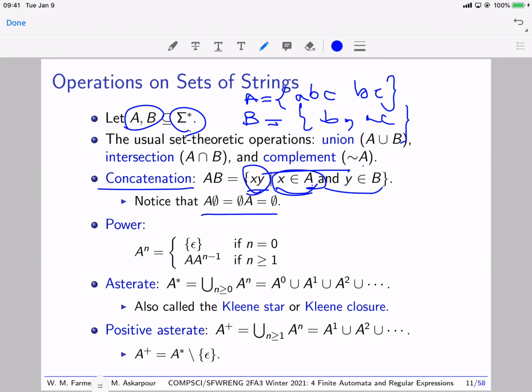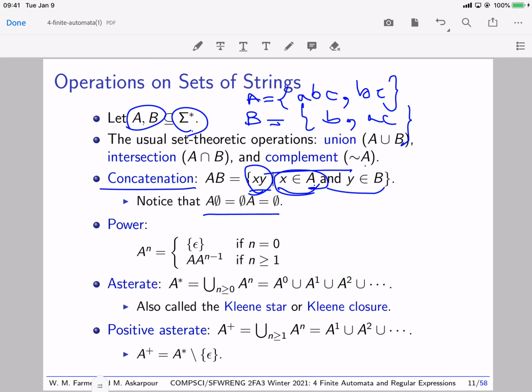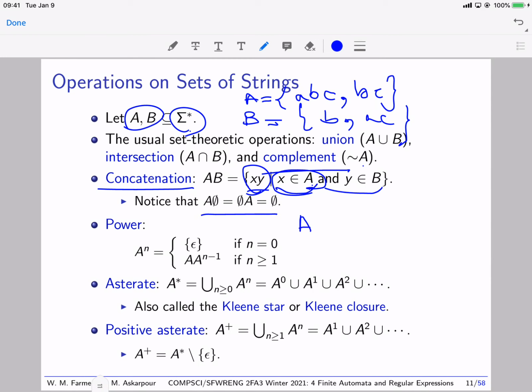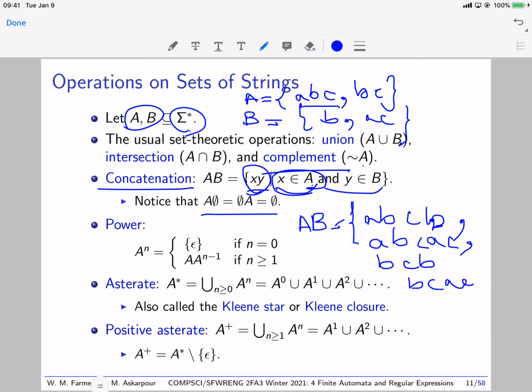So concatenation of A and B, you just pair every element of A to every element of B. So the first element is abc, and you put it together with anything in B: abca, abcac. Then bc: bca, bcac. So these are the four elements of the concatenation of A and B,